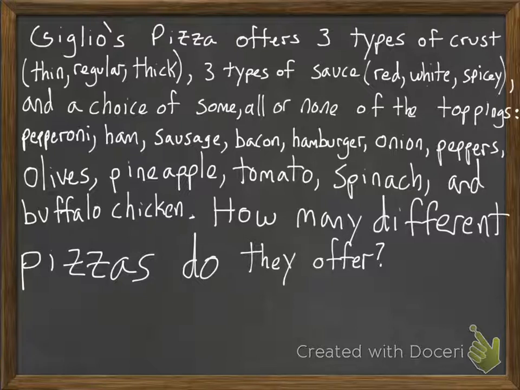And a choice of either some, all, or maybe none of the toppings: pepperoni, ham, sausage, bacon, hamburger, onion, peppers, olives, pineapple, tomato, spinach, and buffalo chicken. We want to know how many different pizzas do they offer. First, I guess I'm a little disappointed they don't offer extra cheese, but I guess you need to take that up with the management. But as we try to solve this problem now, we have to remember that we try